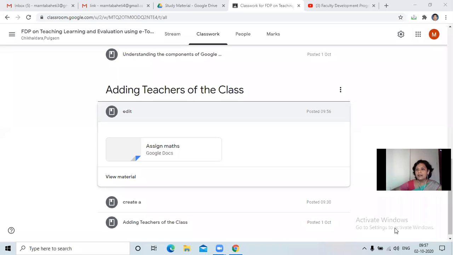And also you can reuse this particular material. Sometimes it happens that you are creating a new class. You need not to create the material again and again. Sometimes it happens you are using the same material. Like for Sanskrit, the basic grammar might be same for like class 7, class 8 and class 9. Advancements might be there, but basic things are common for all the three classes, suppose. So you can use some part of the study material, you can reuse that material to other classes also. That also I'll show you.